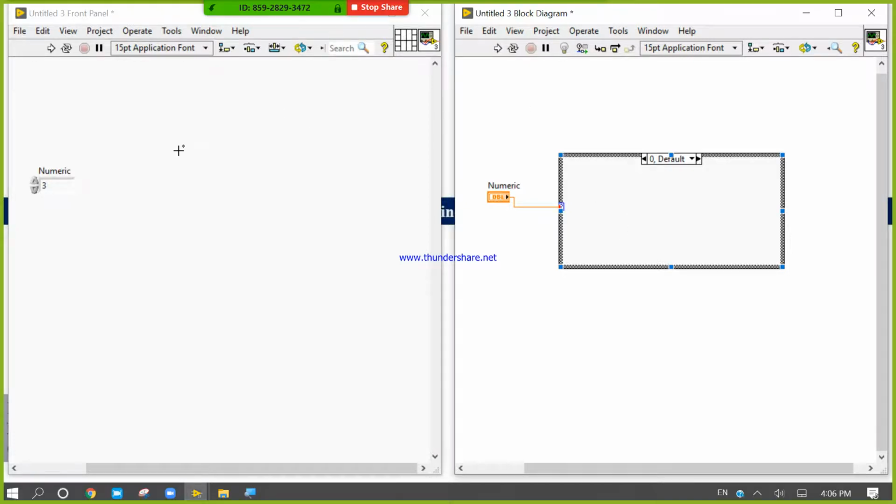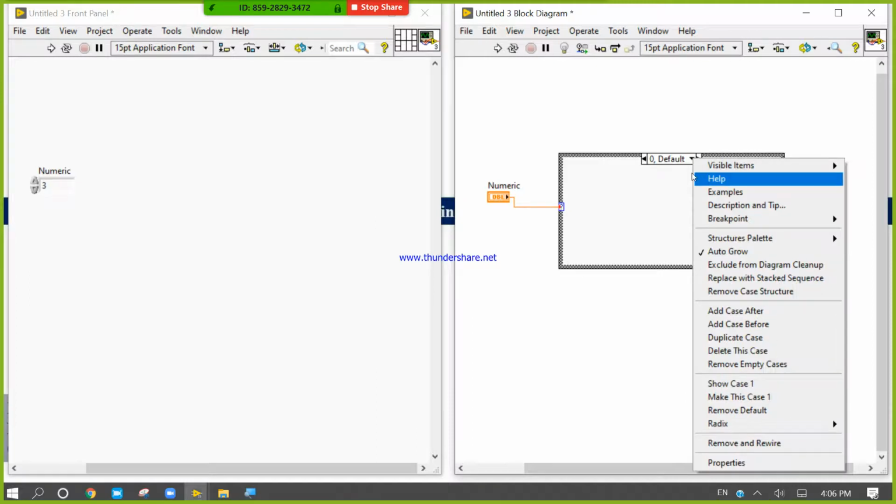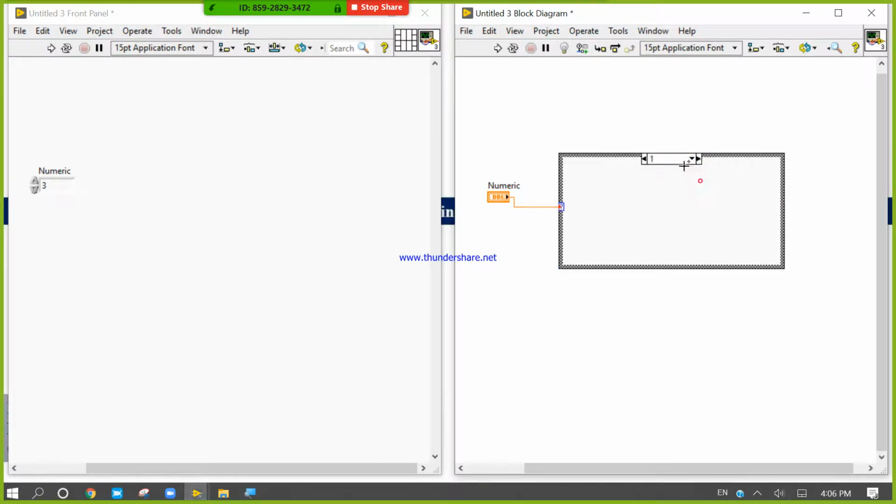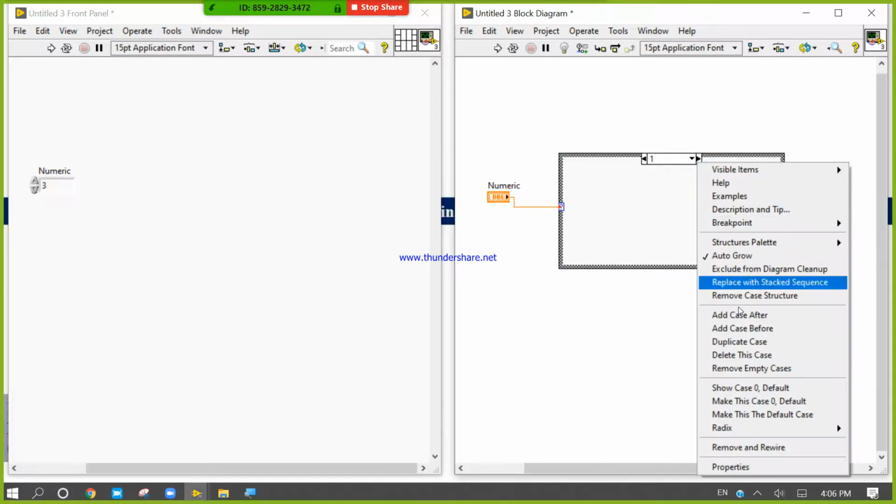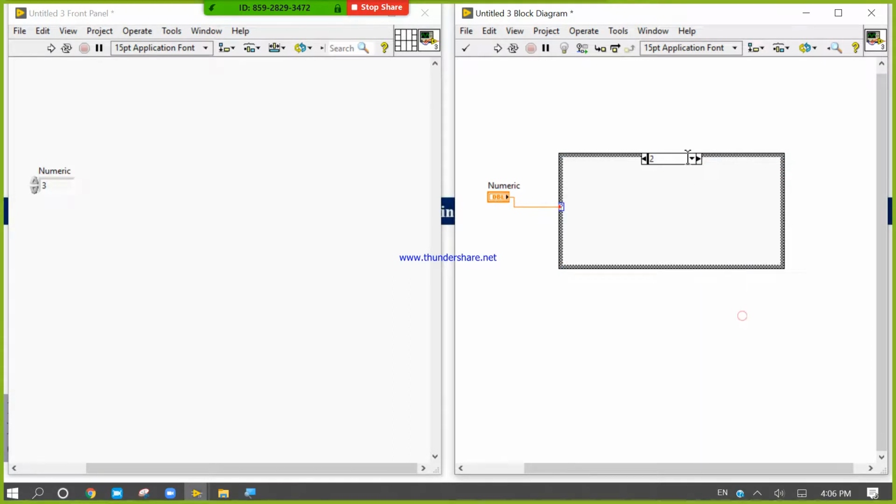Let's see how it will work. Now I want to write three cases: 0, 1. After that, look here carefully, click add case after. Now there are 0, 1, 2.